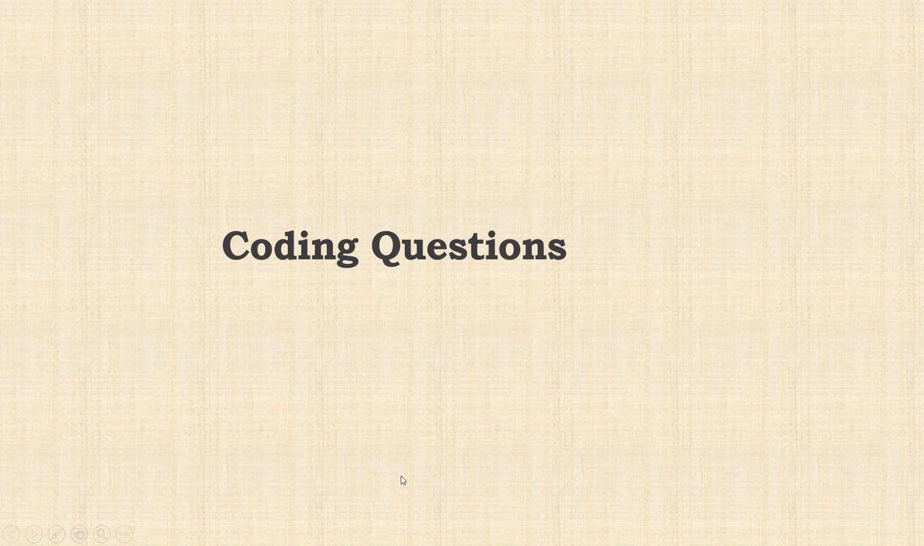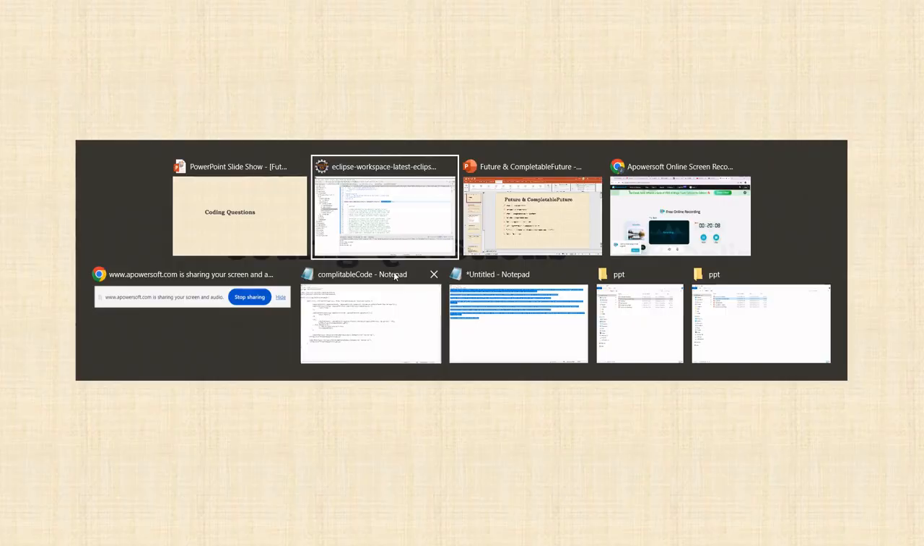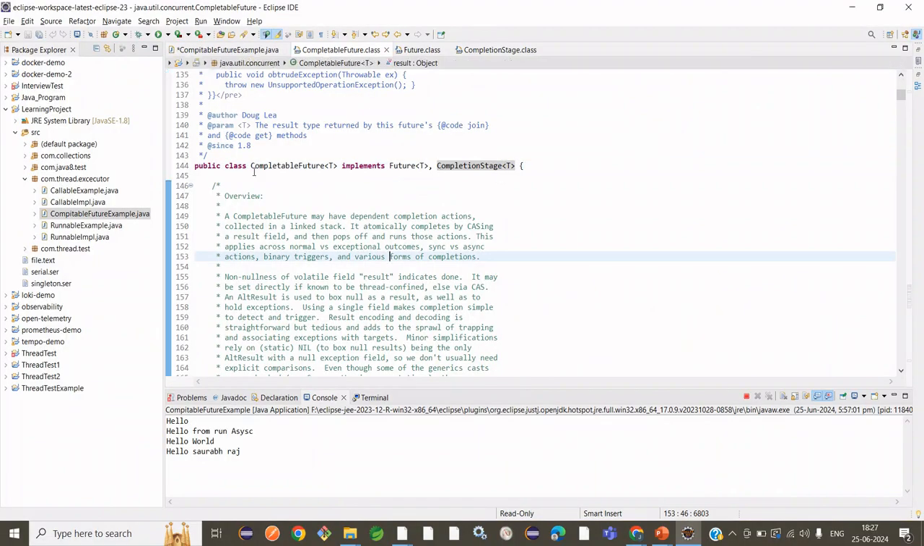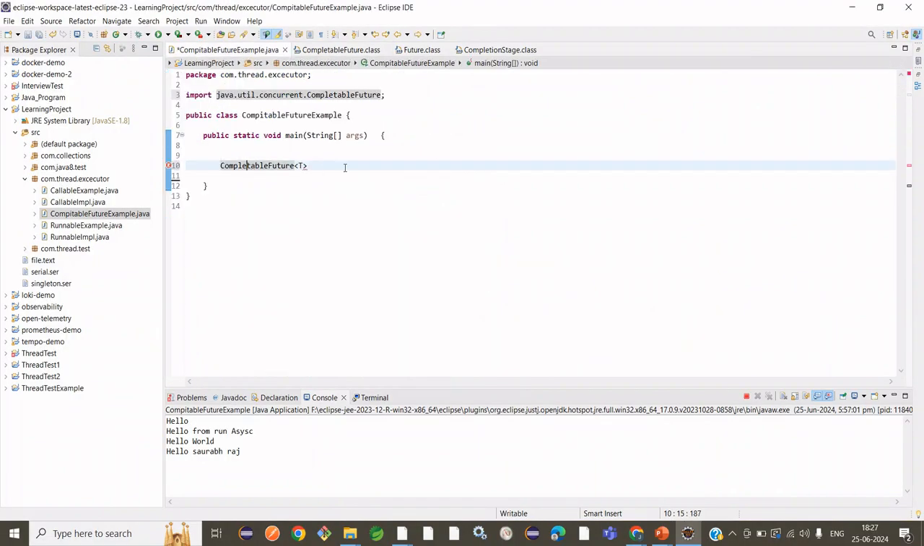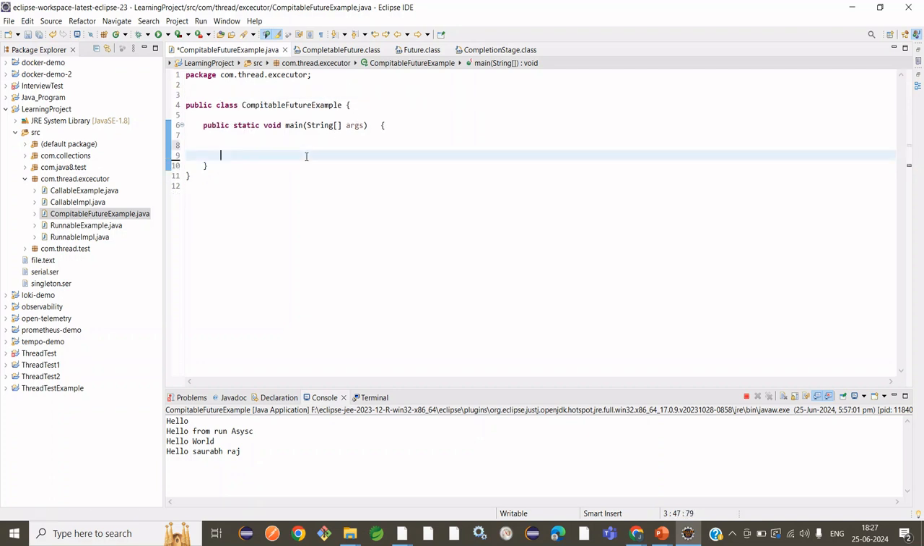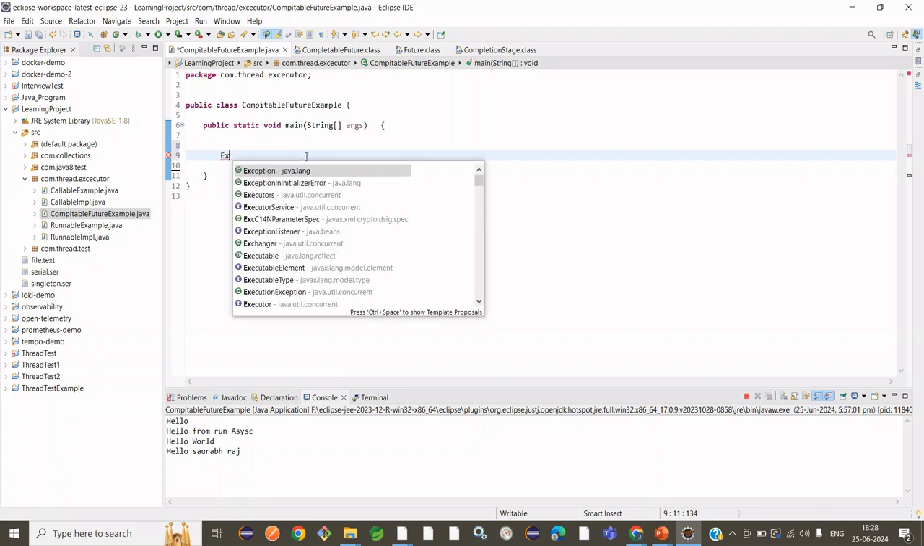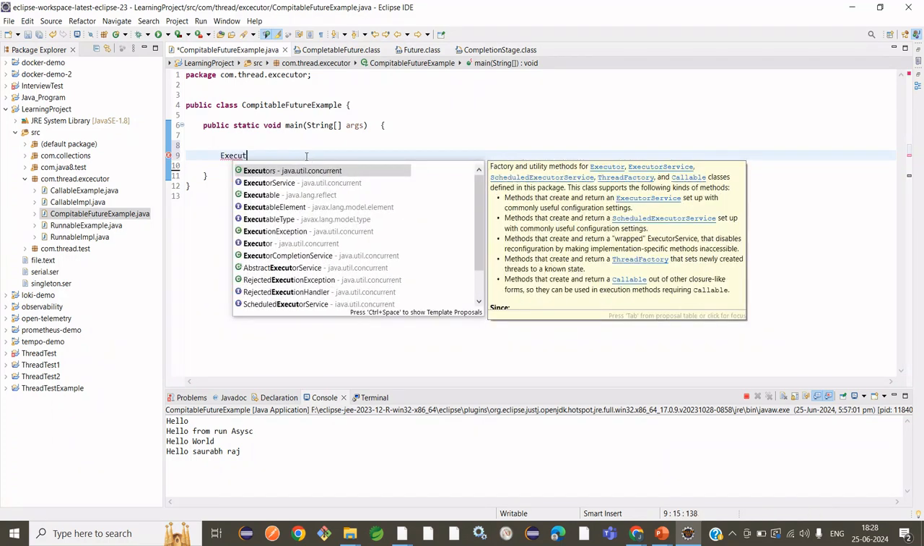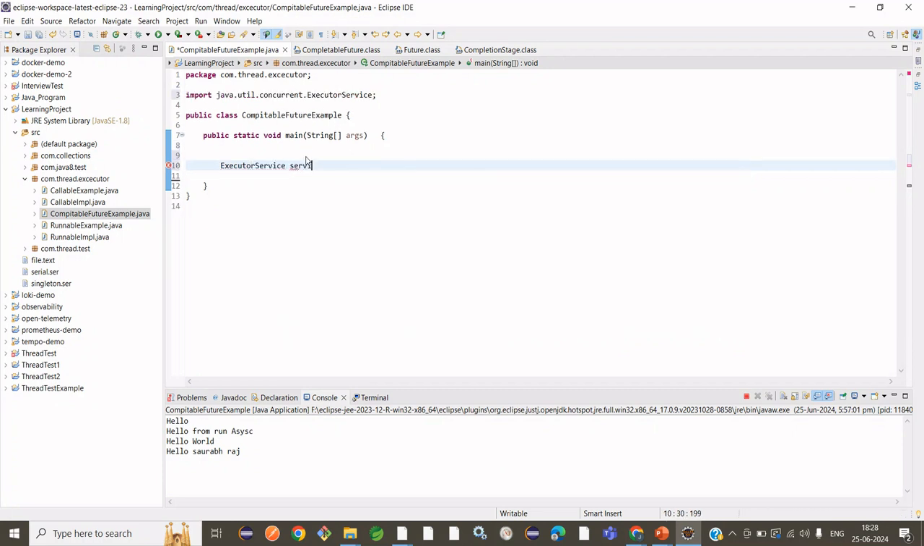Let's start the coding. We'll try to understand everything. I have taken one class, CompletableFutureExamples. There I'm going to create the ExecutorService quickly. ExecutorService equal to